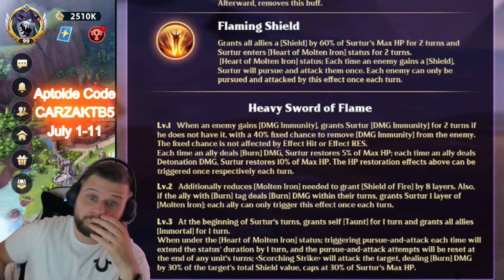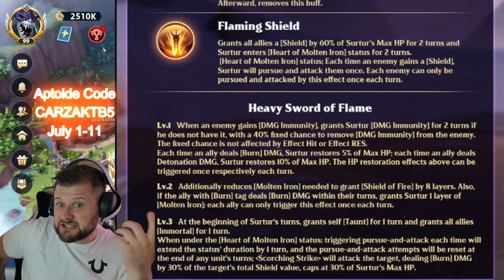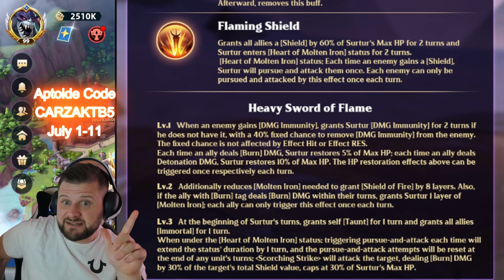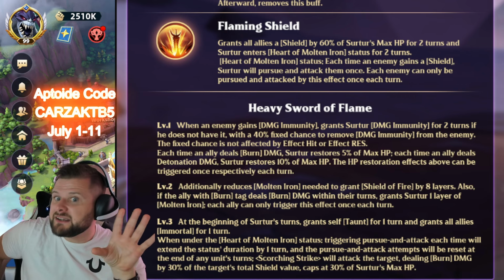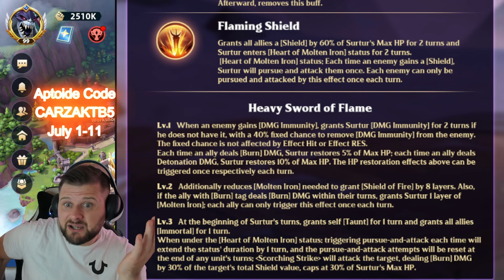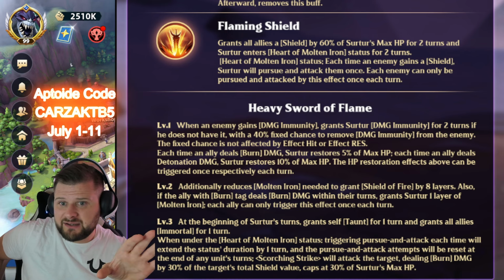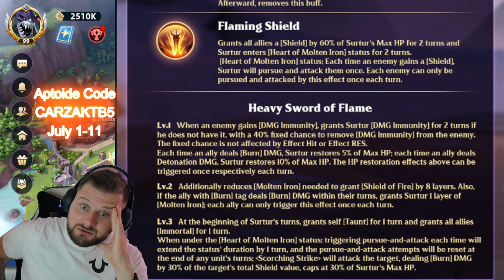This is insane. This is actually insane. Burn teams are going to be nearly unkillable. Friggin' unkillable. Because Shield of Fire, they're immune to any damage. Oh my god. Why does this feel better than the limited hero we just...